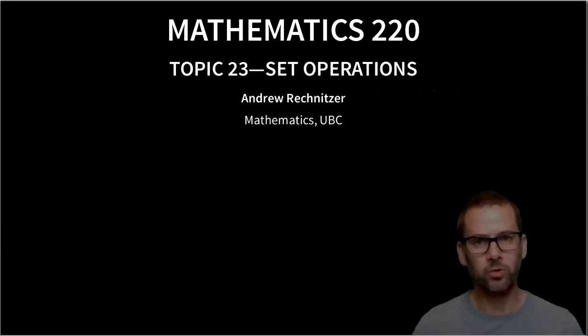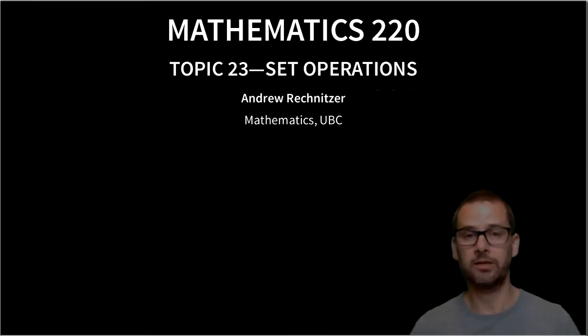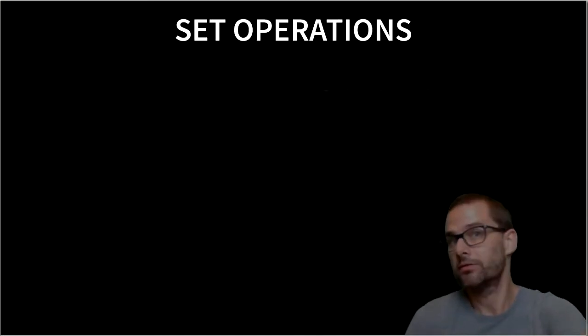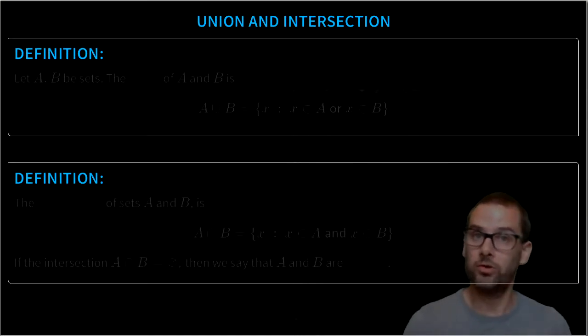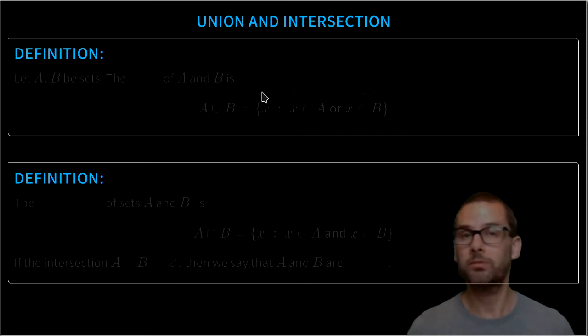Okay, so we've done a little bit more on sets to introduce the idea of subsets and power sets. So let's keep pushing along and look at other things that we can do to sets. So some set operations. So union and intersection are probably ideas that are familiar to you, but let's define them